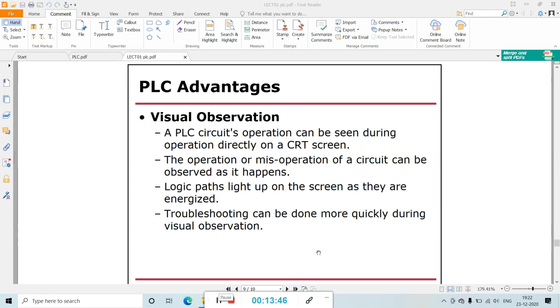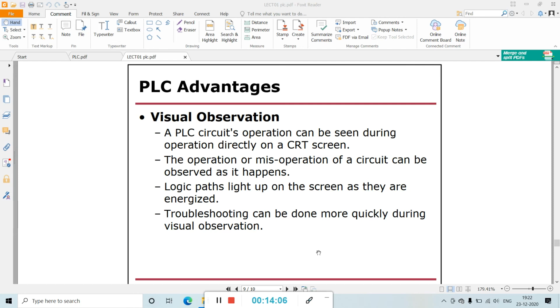Another advantage is visual observation. A PLC circuit operation can be seen during operation directly on a CRT screen. So the operation or misoperation of a circuit can be observed as it happens. Logic paths light up on the screen as they are energized, so troubleshooting can be done more quickly.